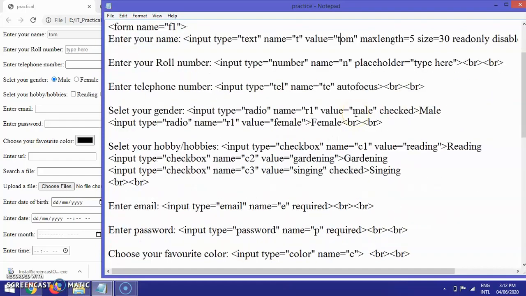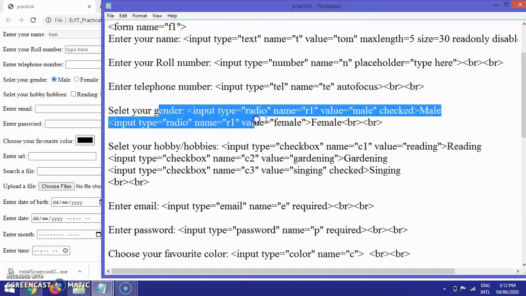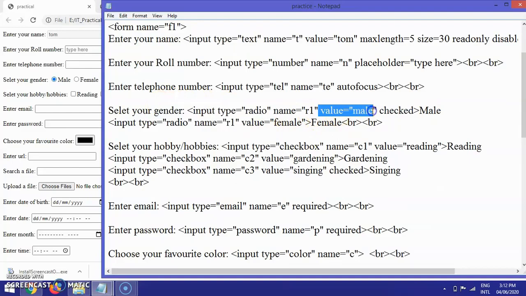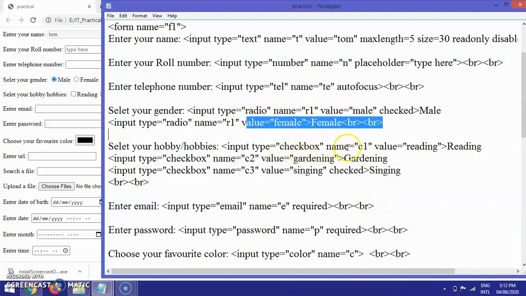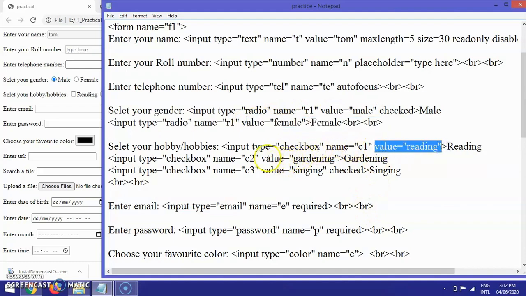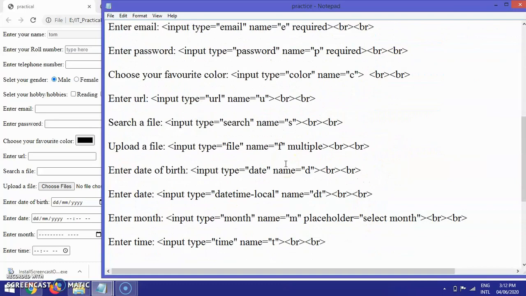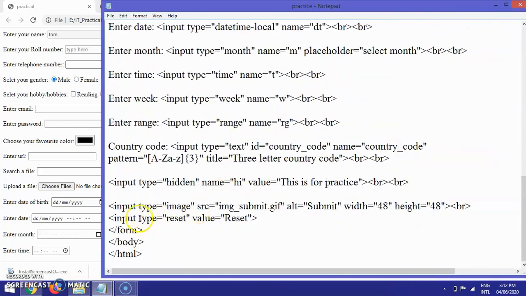Then the value attribute is also used in radio buttons, because there are multiple radios you want to display, so giving a value becomes unique to them. In checkboxes also value attributes are needed, and the value attribute is also needed in buttons to provide which text you want to display on the button.